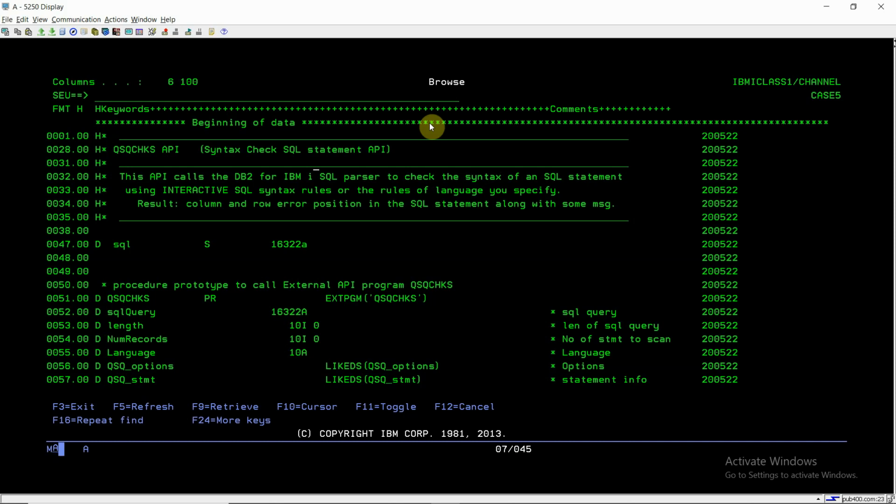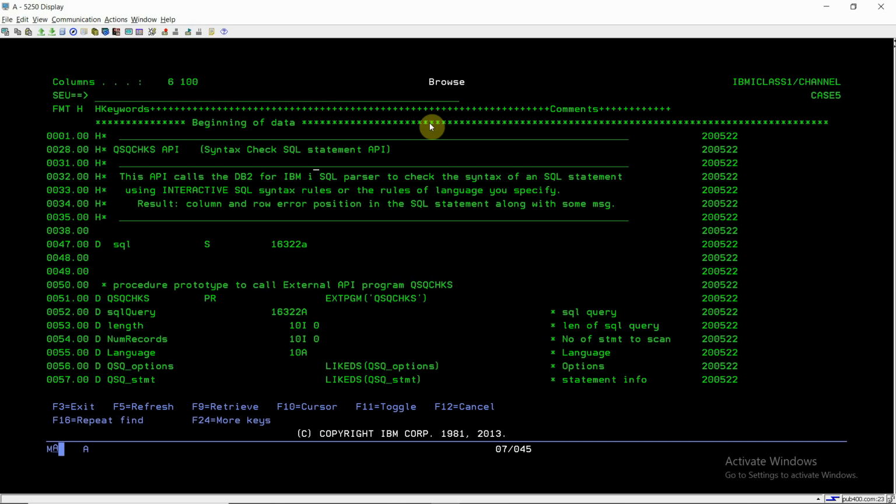We can use the rules of other languages by specifying the language names. In case we are not specifying a language, this API will use the interactive SQL syntax rules to validate the SQL query which is inputted to the API.